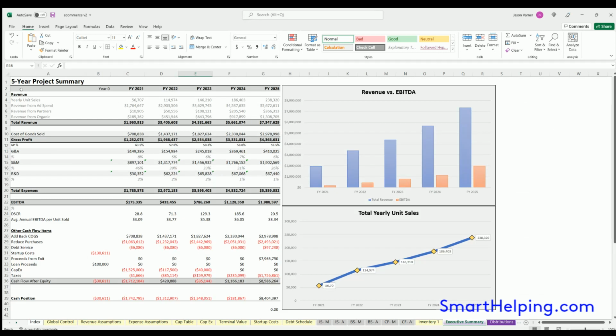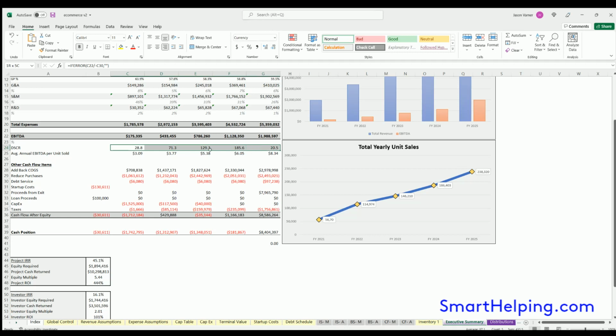Executive summary is nice. This is just an overall view. I put different revenue streams up here, the three main ones, or the only three. Total unit sales per year as well. Revenue, gross profit, expenses, operating expenses, total expenses, EBITDA, debt service coverage if applicable, annual EBITDA per unit sold. This is an interesting metric here. And then you've got all the different other items that affect cash flow. And then we finally have cash flow down here